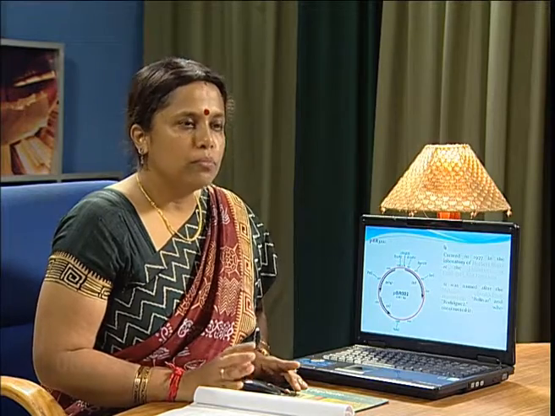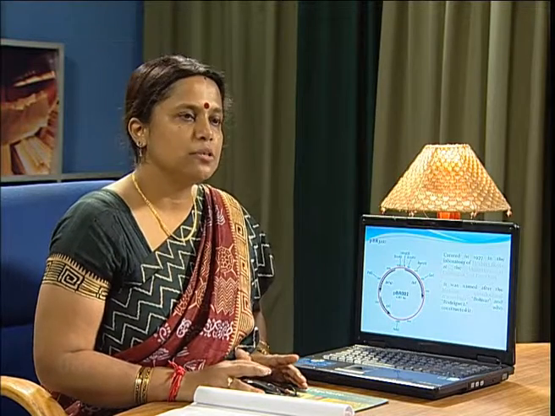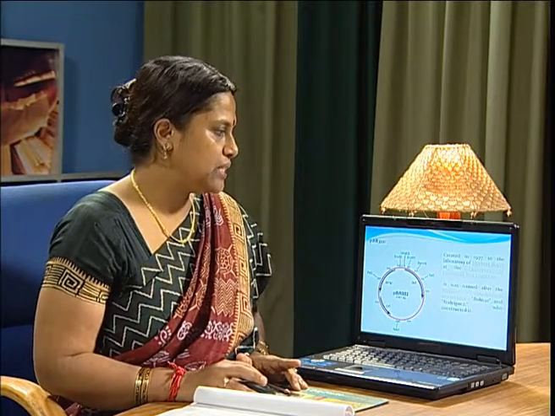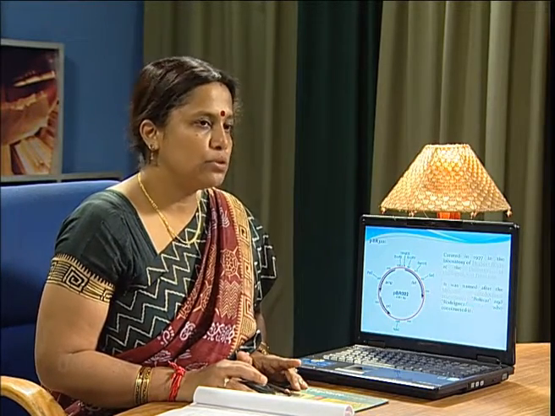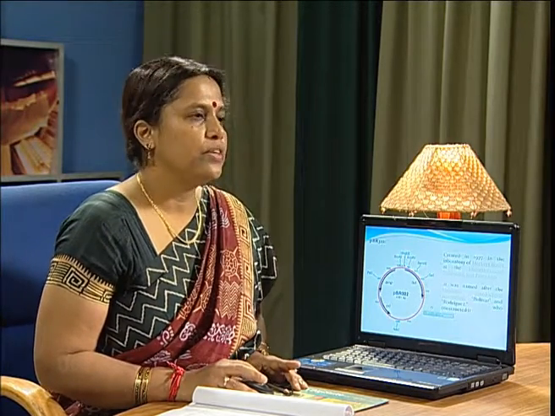A few of the most important artificially generated plasmids that are used is pBR322. It was created in the year 1977 by Herbert Boyer at the University of California, and it was named after the Mexican postdoctoral fellows Bolivar and Rodriguez. They were responsible for making this. That's why the name pBR came. Next is